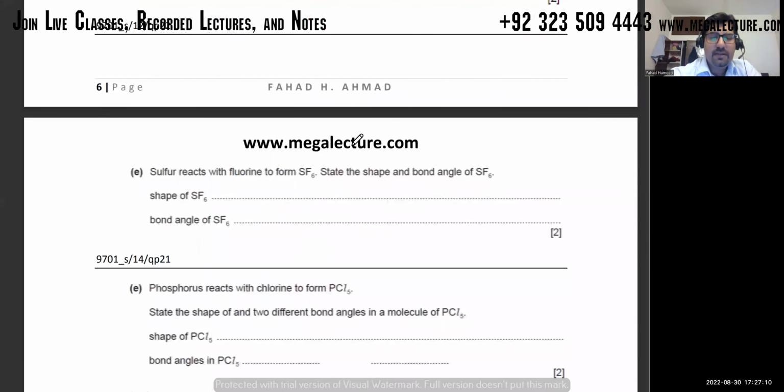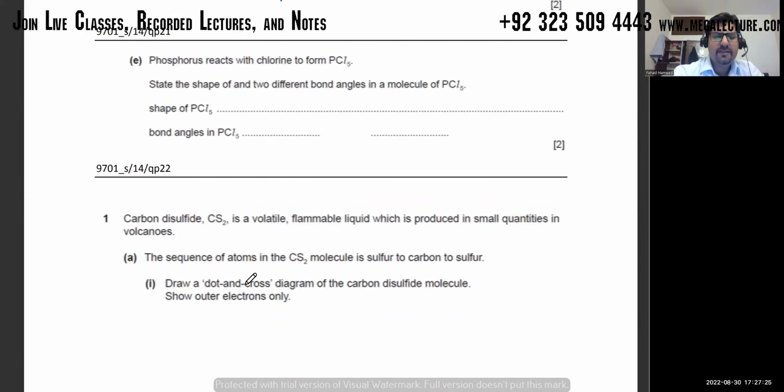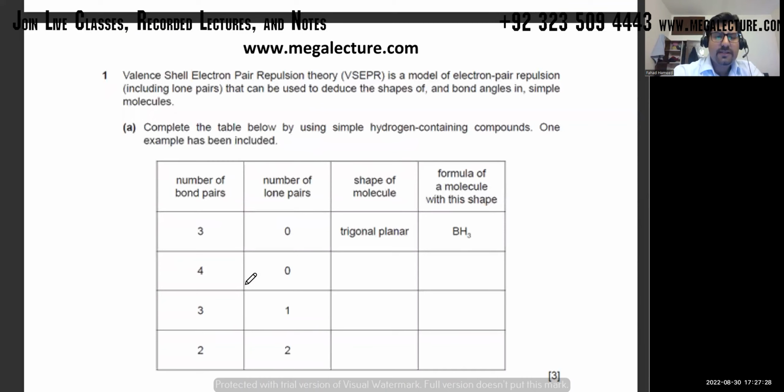अच्छा और क्या है? Which react state the shape SF6, as bond angle of SF6, this is 90 degrees. अच्छा यहाँ पे this one is octahedral. PCl5 shape, तो मतलब काफी straightforward questions है. ये questions इस तरह they're asking कि